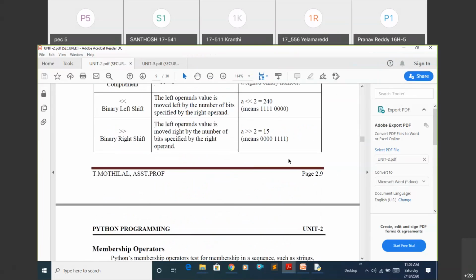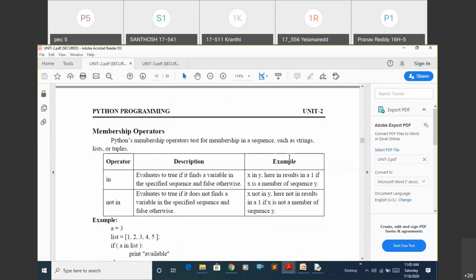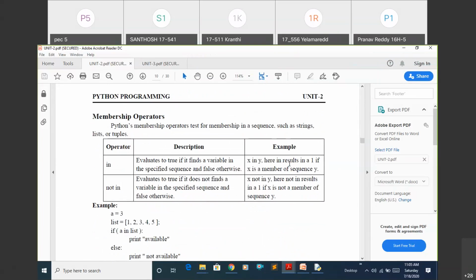Then here I said membership operators, right? The membership operators, here you can observe the in operator. This operator evaluates to true if it finds a variable in a specified sequence. Here sequence you can take anything, either list or tuple or dictionary.